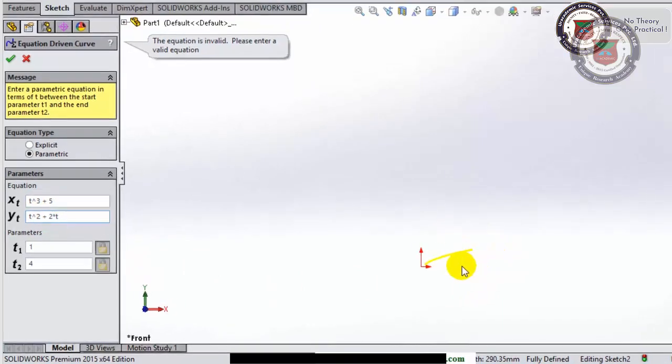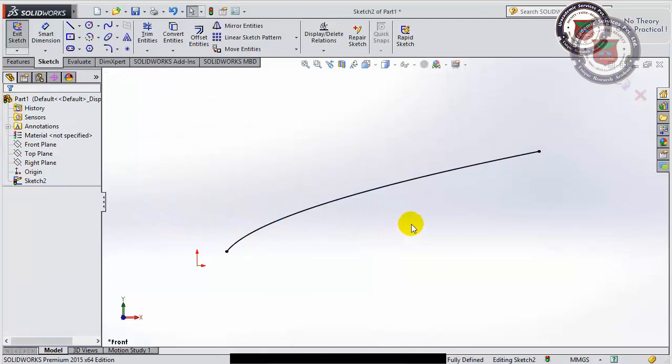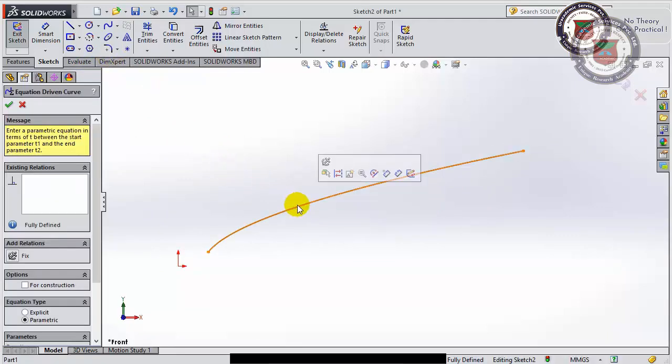Now you can see here the profile has been generated, the curve has been generated. Now, as soon as I click OK, the curve has been generated. So this is our equation driven curve or spline.